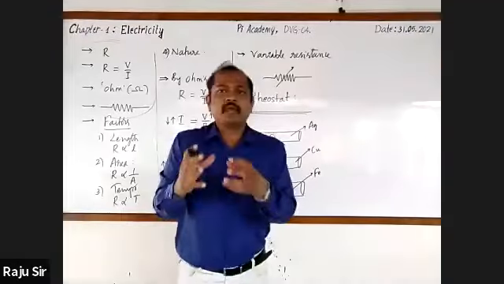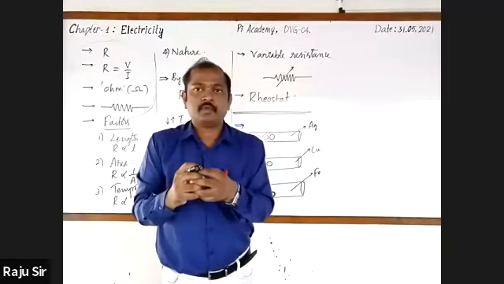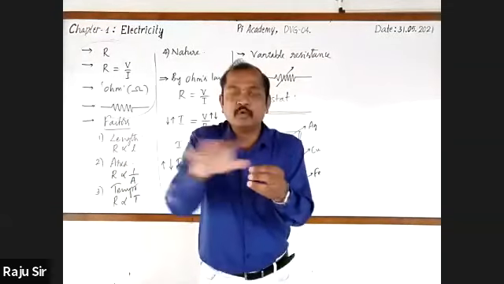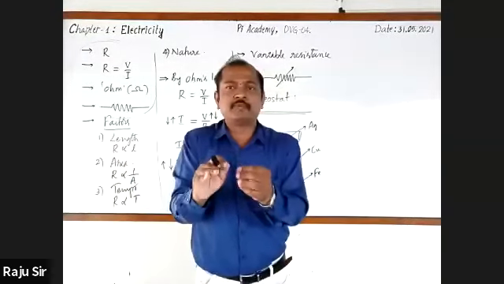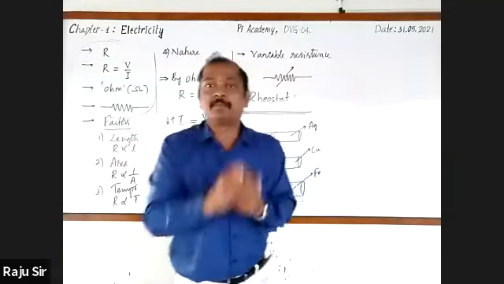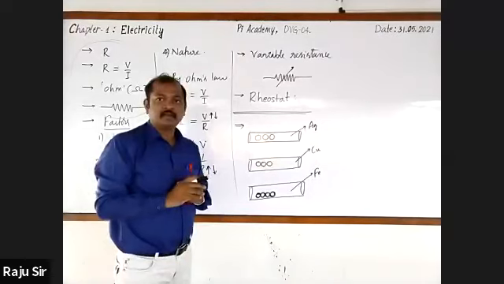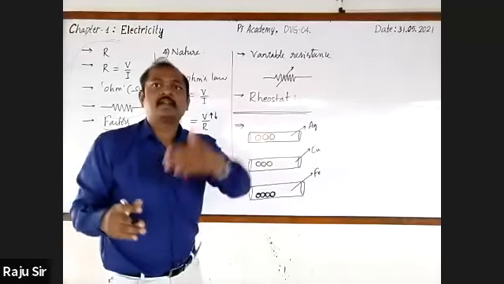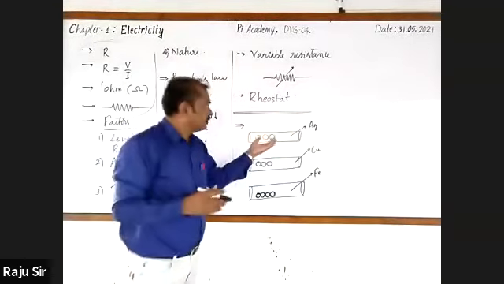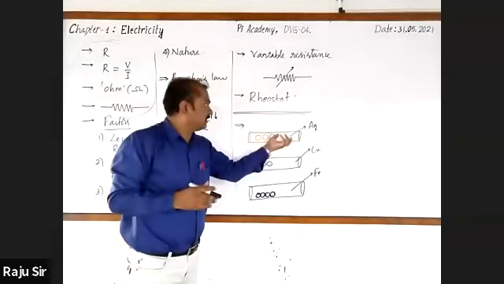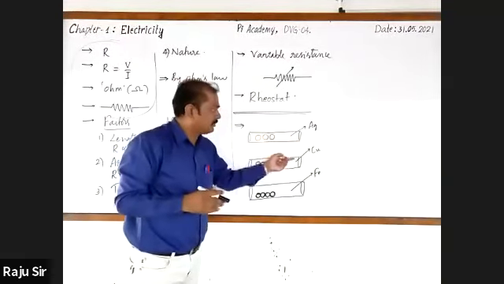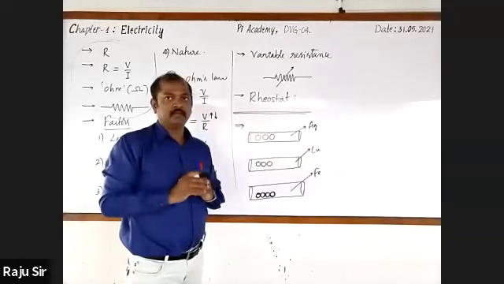as they are packed loosely, they get more space for their movement. As a result of it, there will be less opposition. Hence, electric resistance decreases in case of silver. As electric resistance decreases, current increases. So there will be more amount of electric current in case of silver than copper, than iron.